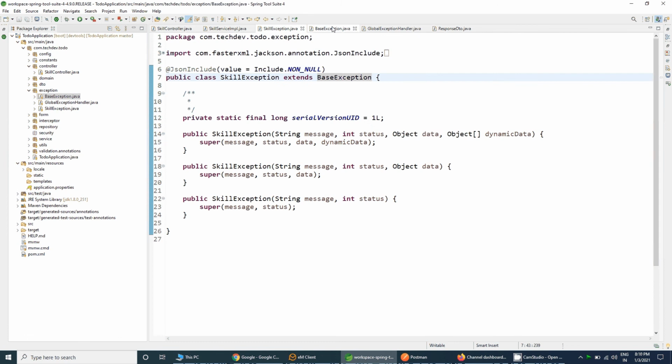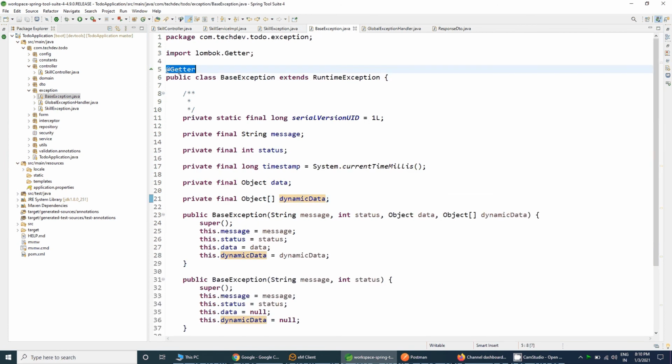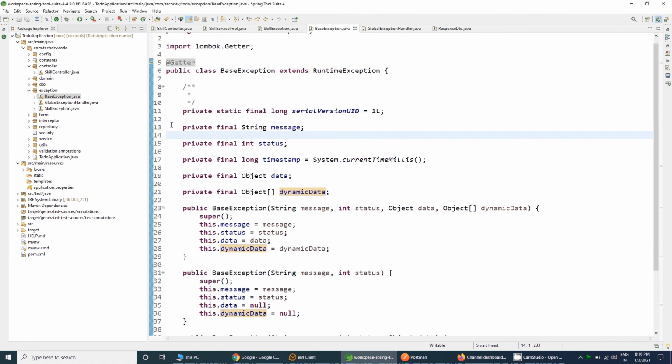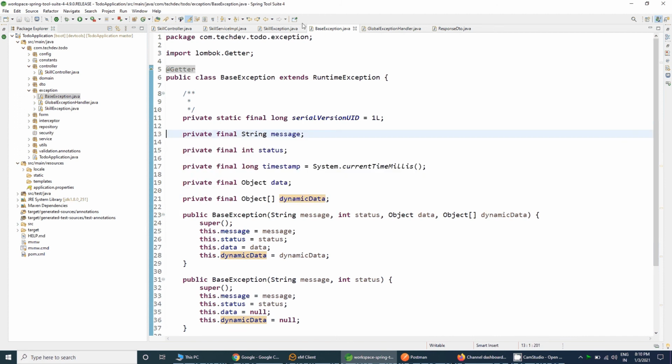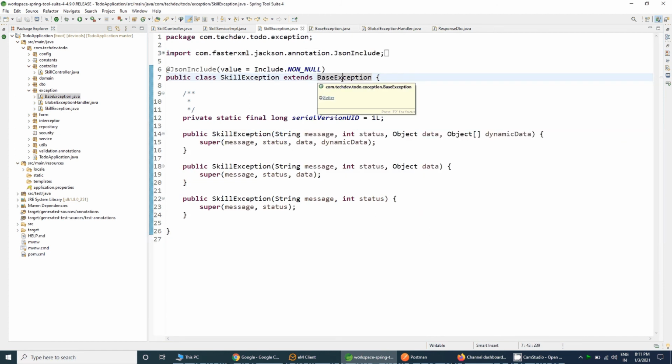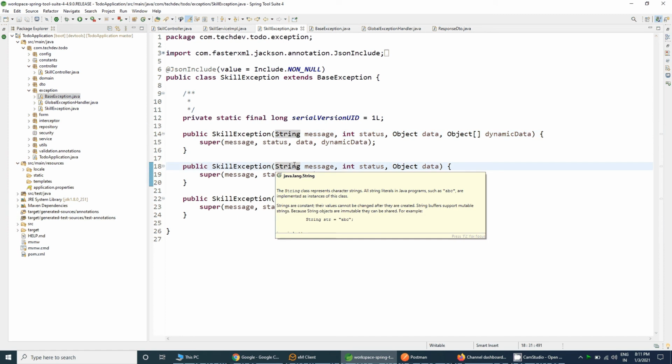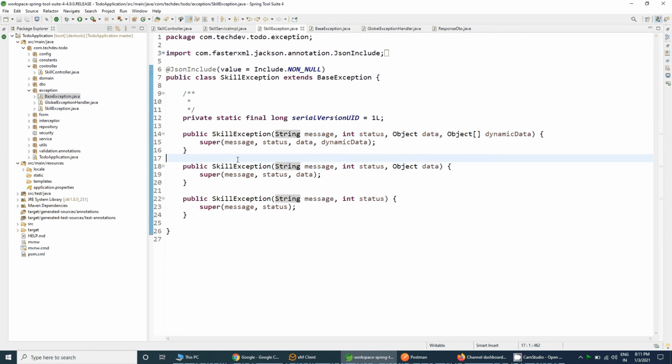And after that, I added the @Getter annotation for getting all the data related to the final fields. So I have just extended the base exception. And after that, I created a super class constructor so that a skill exception can be handled. A skill exception constructor can be with a message, status, object, and dynamic data, or only with a message or status, or only with a message, status, and data.